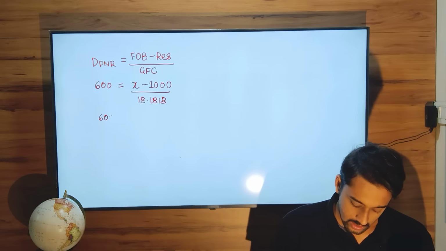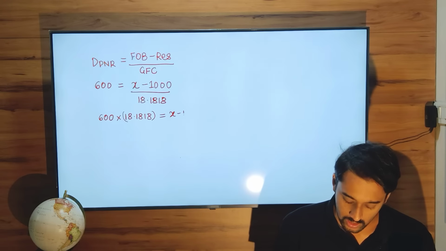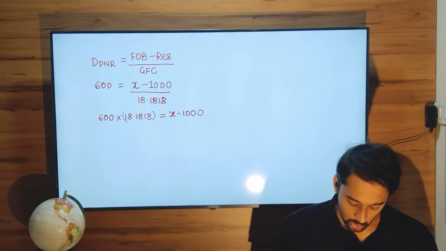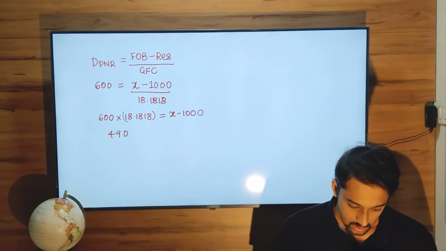So 600 into 18.1818 equals X minus 1000. So 600 into 18.1818 is